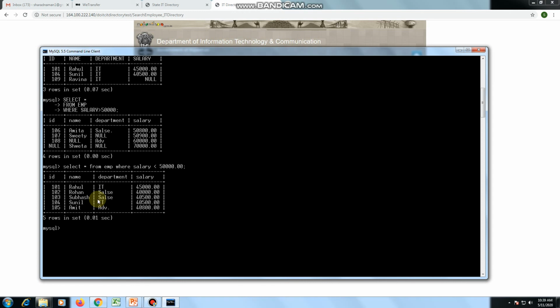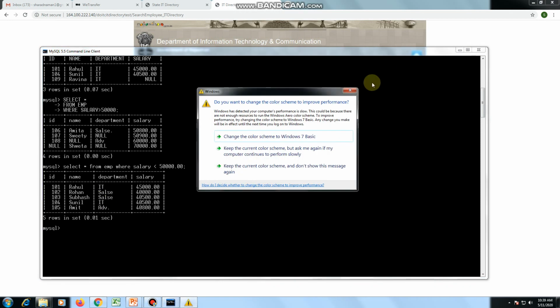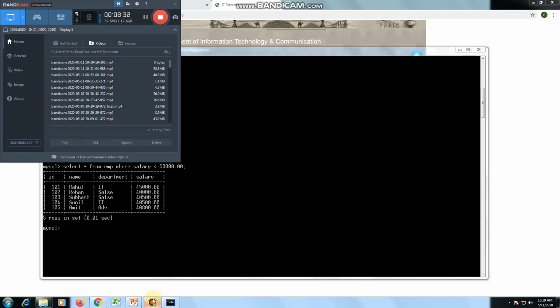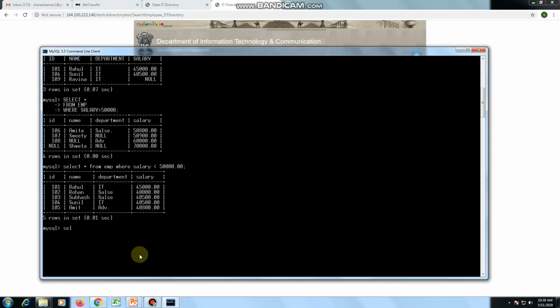In that case, we need to combine two where conditions in this way: select star from EMP where the first condition, department is equal to IT.